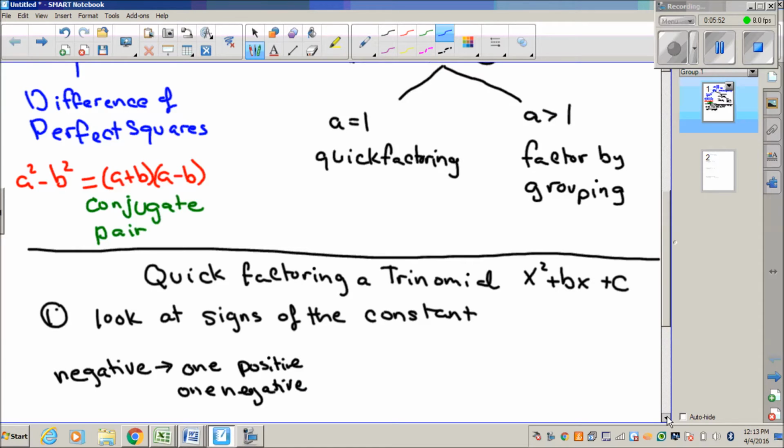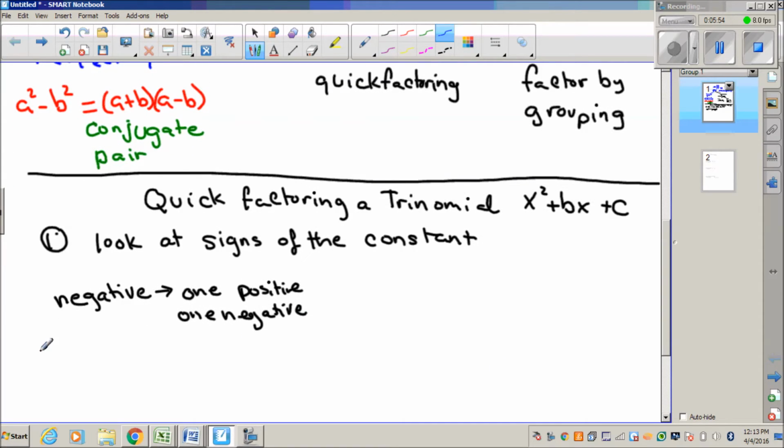So, for example, if you have a polynomial that says x squared plus 5x minus 14, I look at my trinomial, the leading coefficient is 1, and my 14 is negative, that's my constant. Since the 14 is negative, when I factor this, I know that one's going to be positive and one's going to be negative, one of each, because you need one of each in order to multiply to get a negative product. If my constant is positive,